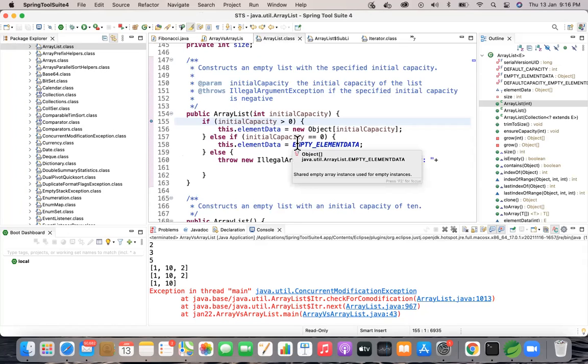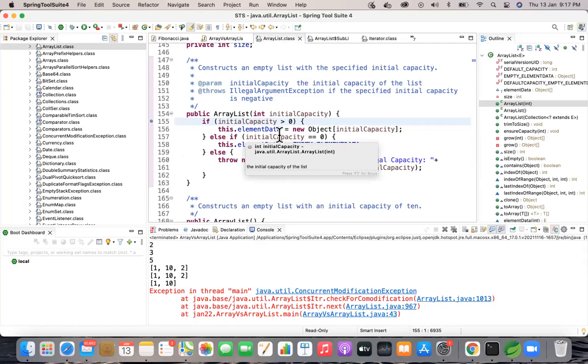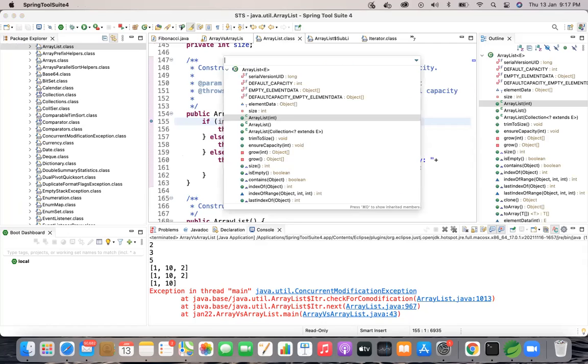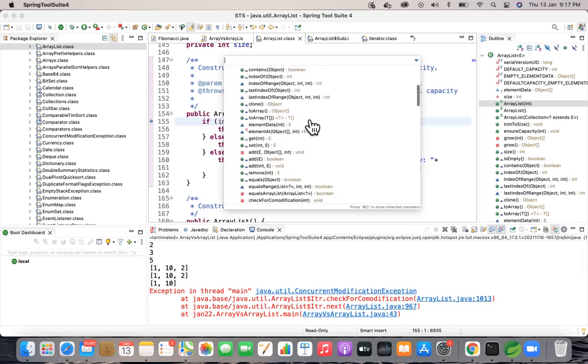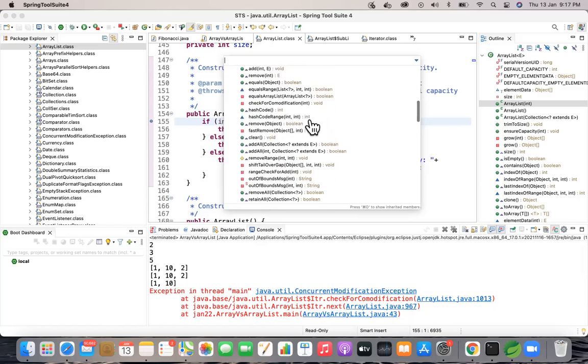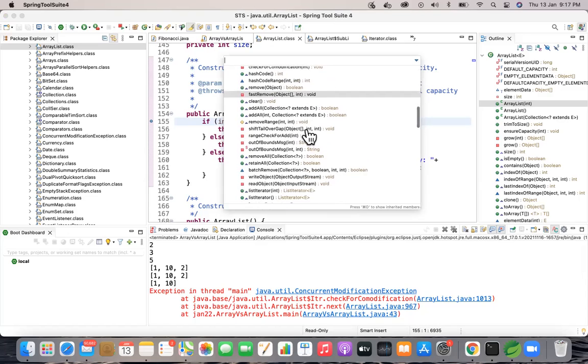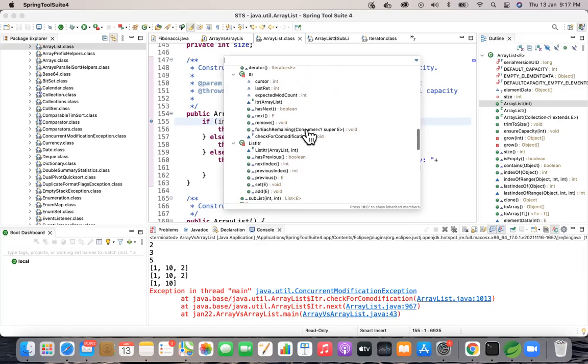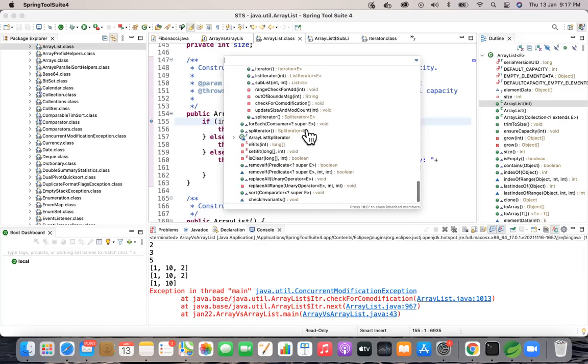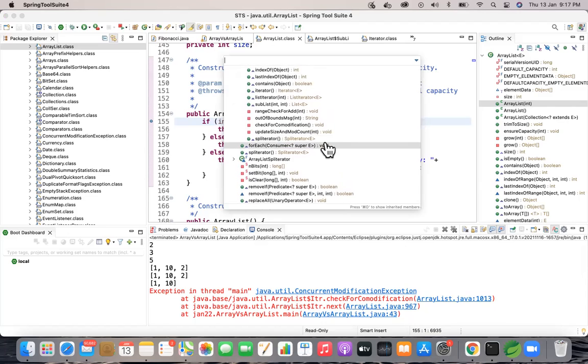Give Control O. Can you scroll down? This one, right? Check for co-modification. No, not that.